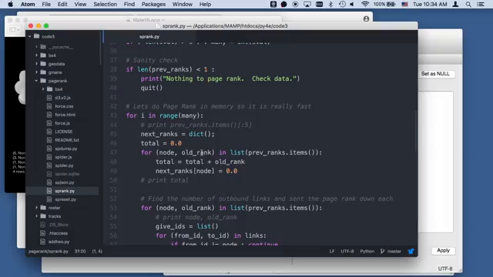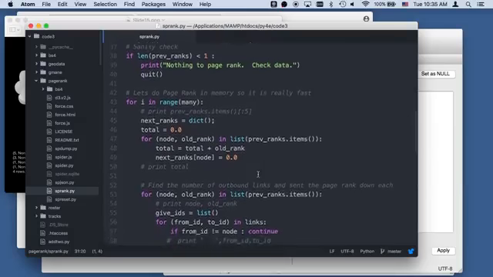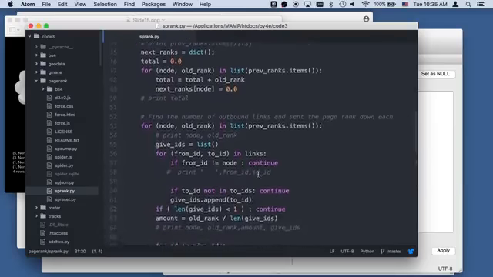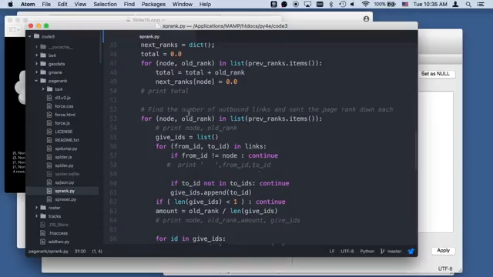Okay, and for each node, we're going to have total equals total plus old rank, and then we're going to set the next ranks to be 0. And then what we're going to do is figure out the number of outbound links for each page rank item. So node and old rank in the list of the previous ranks. These are the IDs we're going to give it to. And so for this particular node, we're going to have the outbound links, and we're going to go through the links